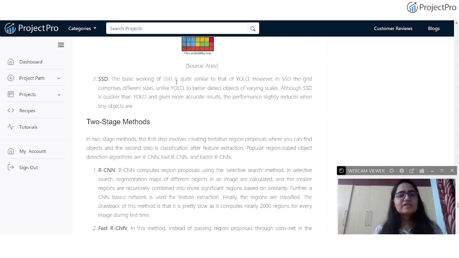The basic working of SSD is very similar to that of YOLO, but the core difference between SSD and YOLO is that whenever you have to detect objects of varying scales, that is where single shot detection, which is SSD, comes into the picture, and that is again a single stage approach. Although SSD is quicker than YOLO and gives more accurate results, the performance slightly reduces when tiny objects are involved. So when you have very tiny objects to detect, then in comparison to SSD, YOLO works